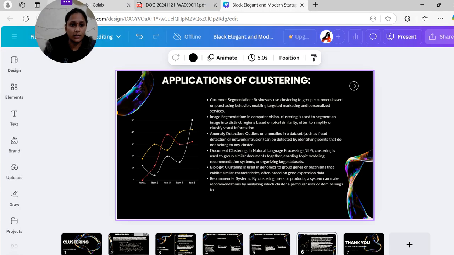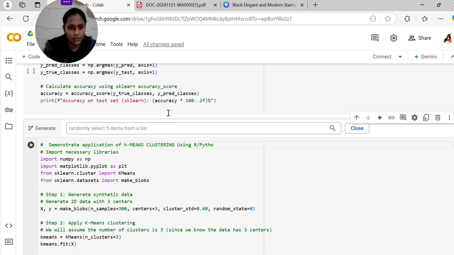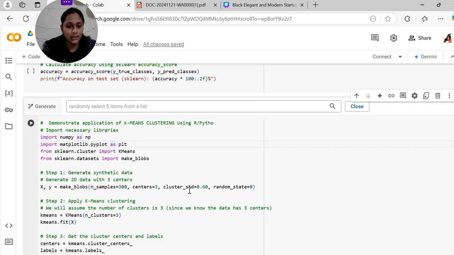Now let's move to the practical part. Here I have provided the code to demonstrate clustering that happens in data science using Python. First, import NumPy package with the alias name as np. Then import matplotlib package with alias name as plt. Then import KMeans library to perform K-means clustering and make_blobs to generate 2D data. Then by using make_blobs function, we will generate 2D data in which we are storing the result in